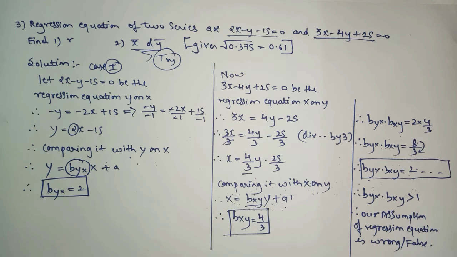I hope you all understood all the types, all the methods and all the concepts of this chapter. The third exercise was the end of the chapter, the last exercise. Each and every sum of this third exercise is a proper 4-mark sum. This chapter is very important from the board point of view. When you see the first, second and third exercises, all the sums are big, and most of the sums, I will say, are proper 4-mark sums.